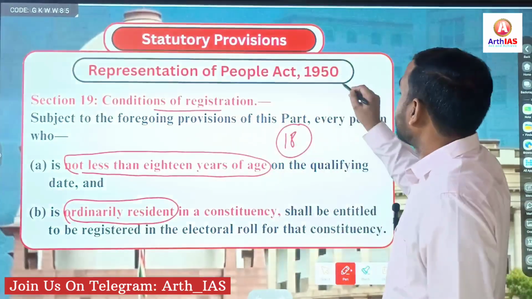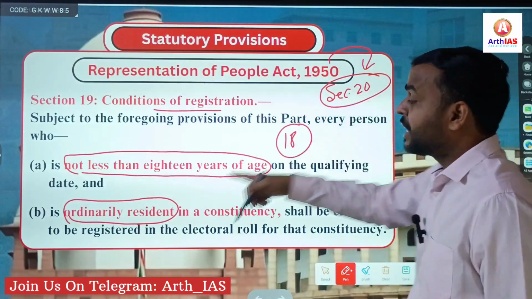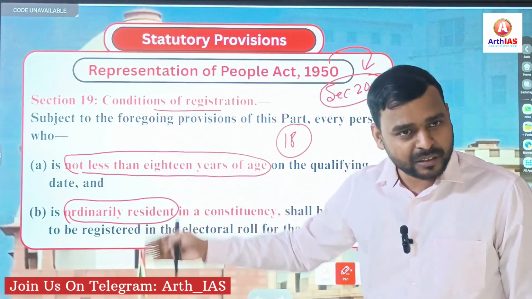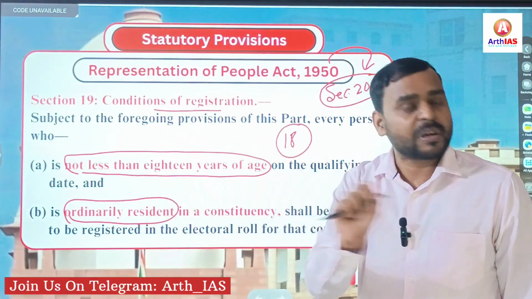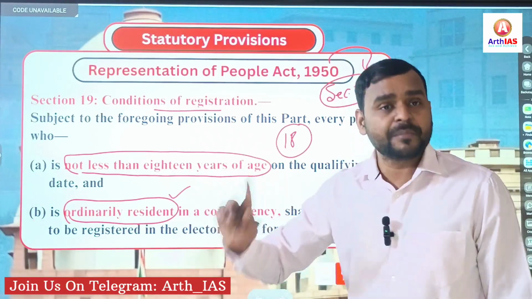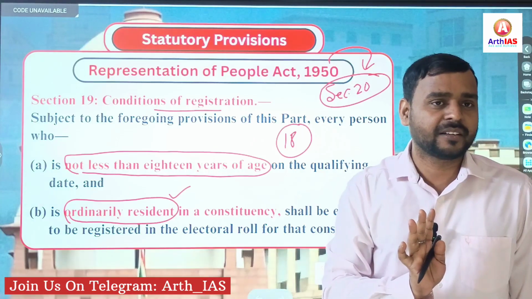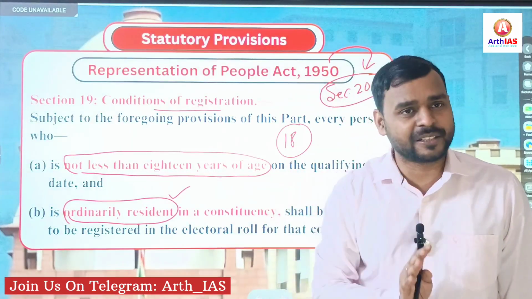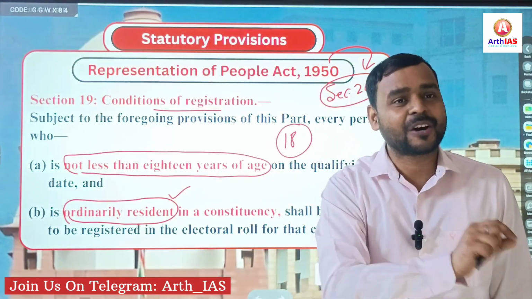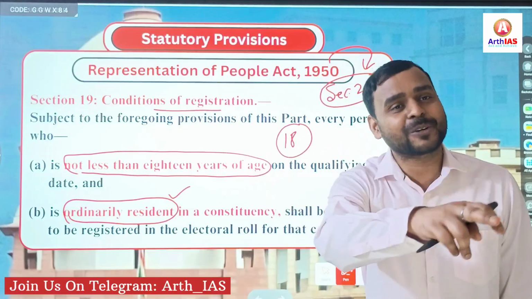Second condition, ordinarily resident. See, section 20 of the Representation of People Act defines ordinarily resident, but it is very complicated, right? No need to read it word by word. In simple terms, ordinarily resident simply means that you should be a permanent resident of your constituency, not a temporary or casual resident. For example, so many students are studying in Delhi or in different cities of India. It does not mean that their name will be registered in the electoral roll of that city,